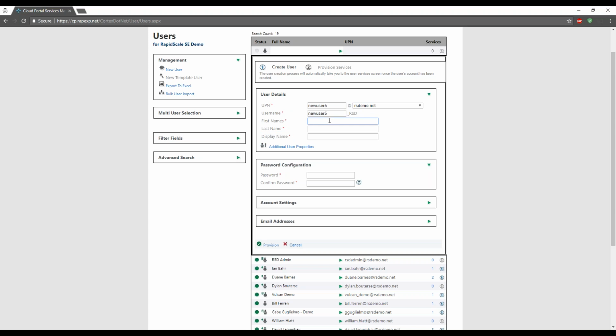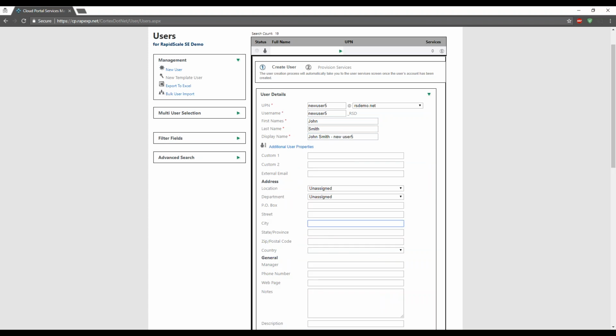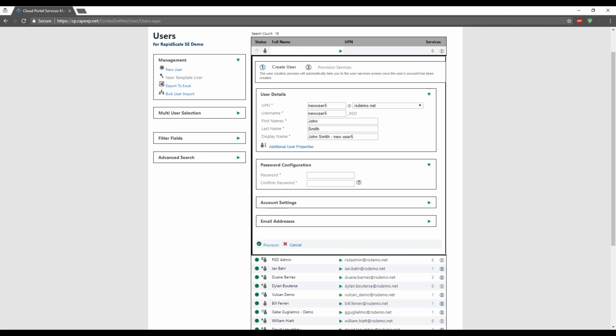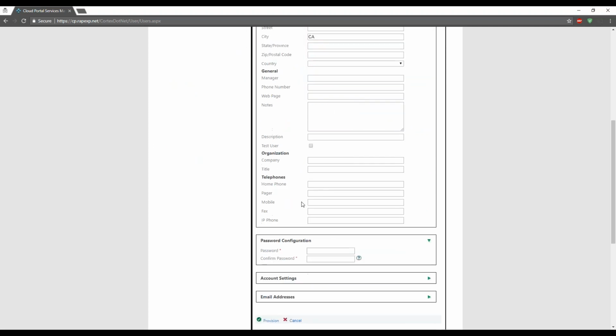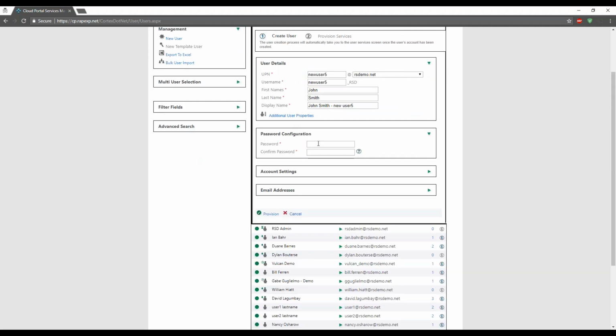So here we'll go ahead and put in their first name, and then put in their respective last name. Once you tab, you can leave the display name as it is, or you can modify it as you need. Again, we can go ahead and fill out other fields as you intend, and once you've filled out those, we'll go on to the next part, which is required,